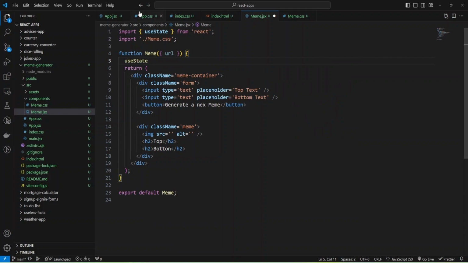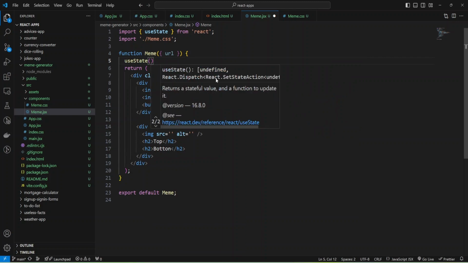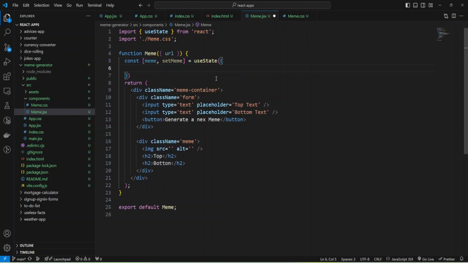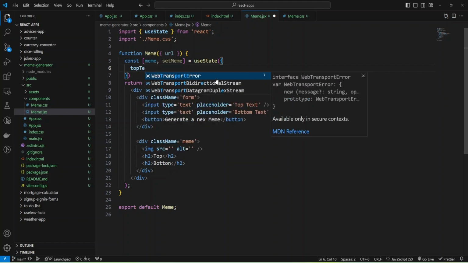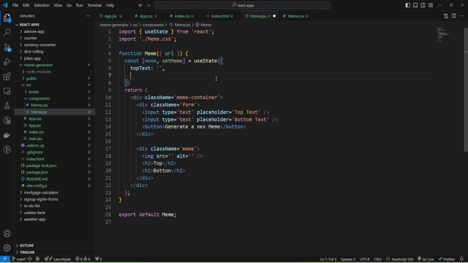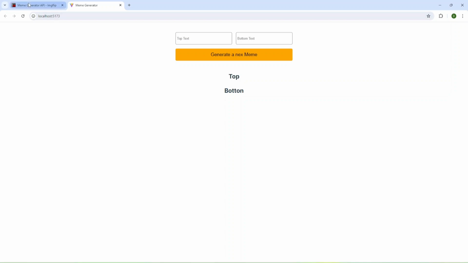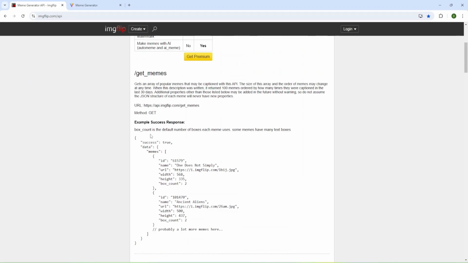Use state, and as you can see, import was added, and I can add const meme and set meme and assign to what use state returns, and as initial state I can use top text empty string and bottom text also empty string, and for image I can use the first image from response from this example. I'm going to just copy paste this image.